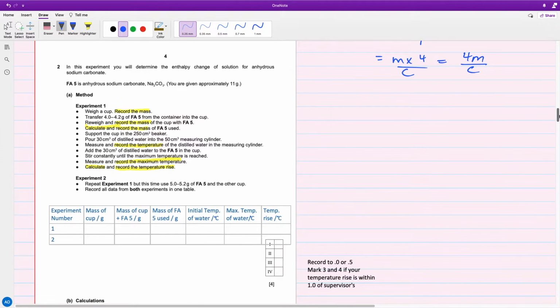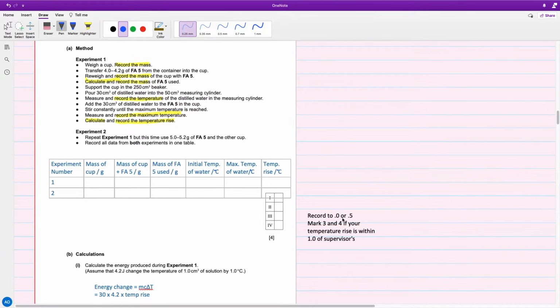So now for question 2. When you're getting the temperature, you're going to record to 0.0 or 0.5 degrees Celsius, right? And if you want the third mark and the fourth mark, you need to make sure your temperature rise is no more than 1 degree Celsius